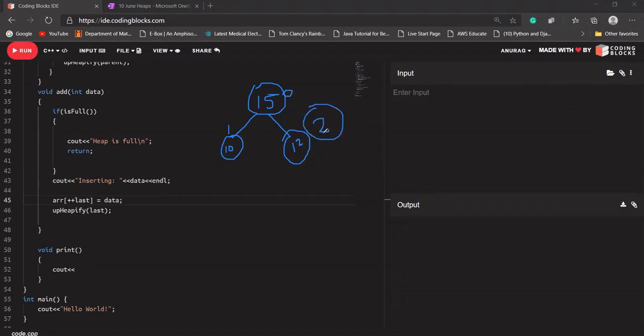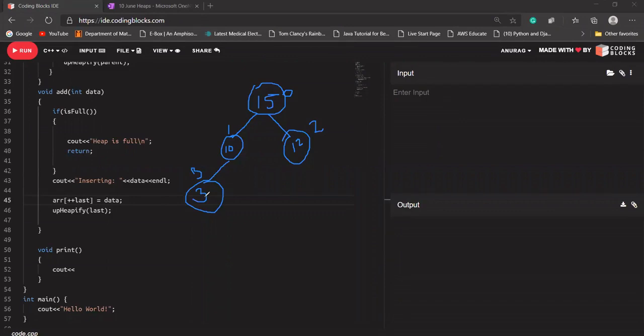I'm saying increment last by 1, so this is index 2, and right now this is index 3. Let's say data is also 3. This is index 3, so by default it will be a child, because we all know the child is 1 into 2 plus 1, that is 3, and by default it will be its left child.